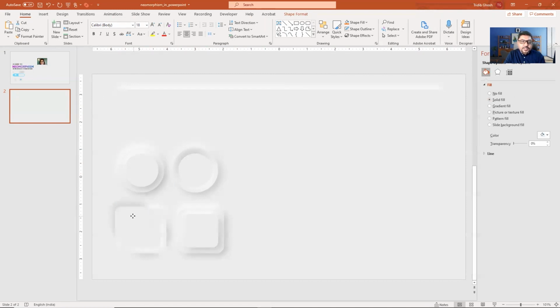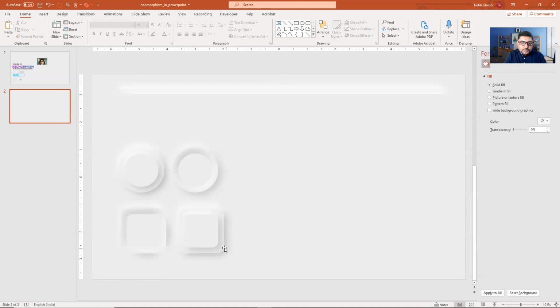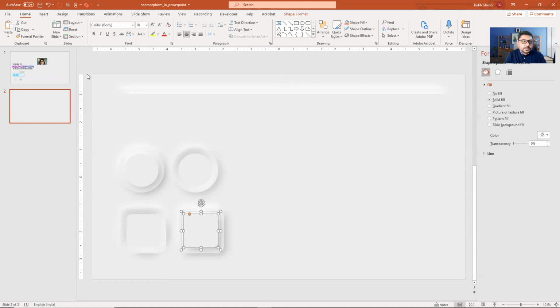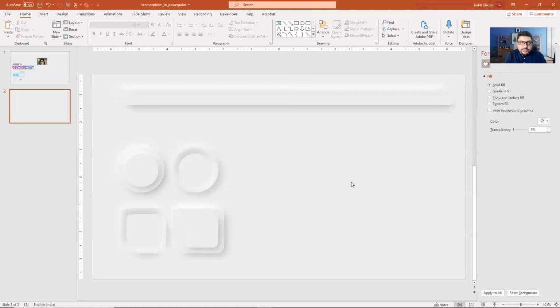Okay. Similarly for this one, I will take this format painter, but before that I have to copy this thing. Okay. And I will take this one, the shadow part of the thing, format painter, and I will paint it.